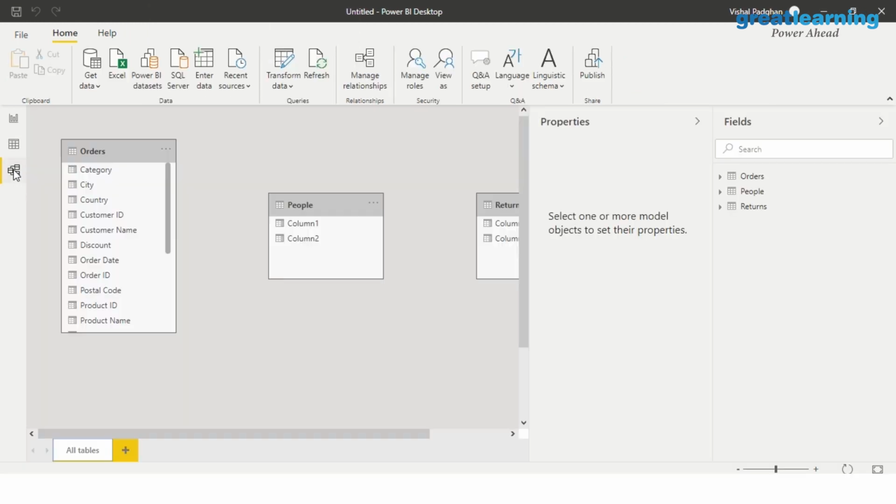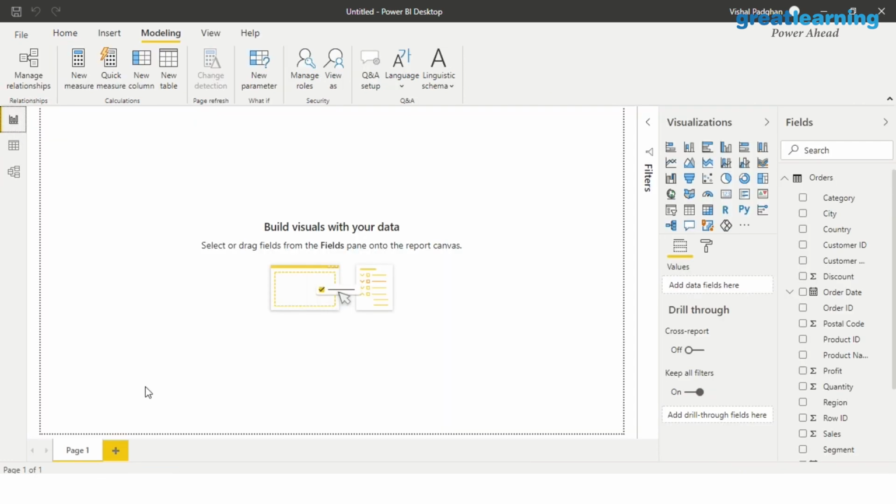This is where you can actually go ahead and create relationships. Now we have 3 tables. You can create a relationship between them. If they are not related, you can relate them in a way that you feel would make it easier for you to process your data. At the bottom here, you have different panes. If I click here, you'll see there's a page thing here. So you can add multiple pages where you can create different visualizations.